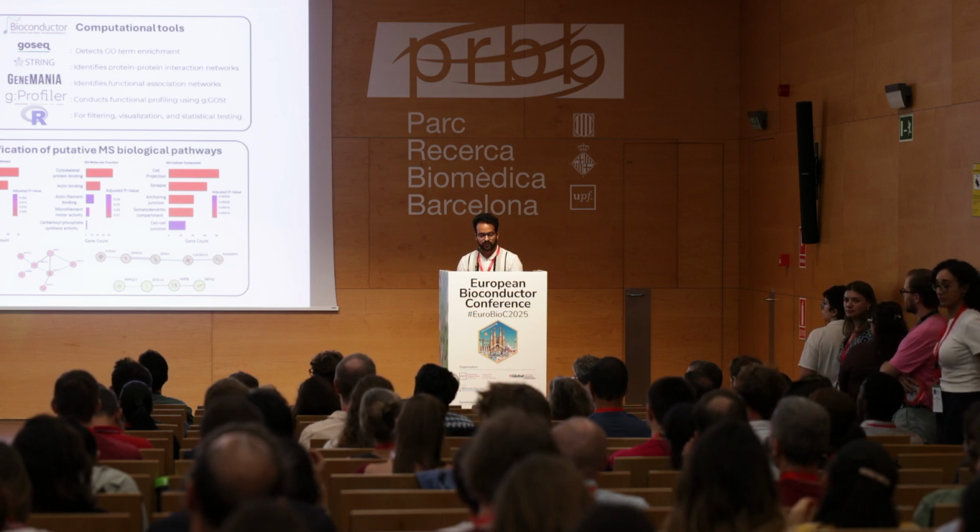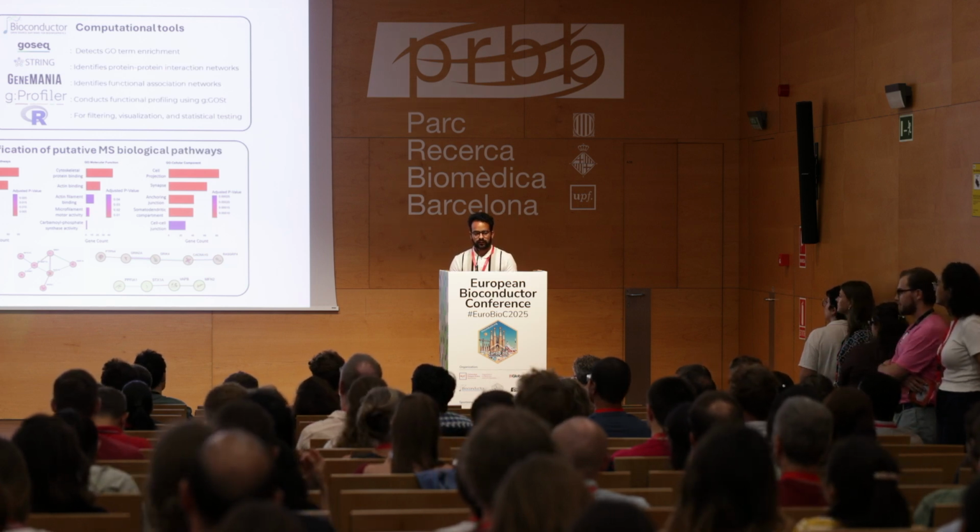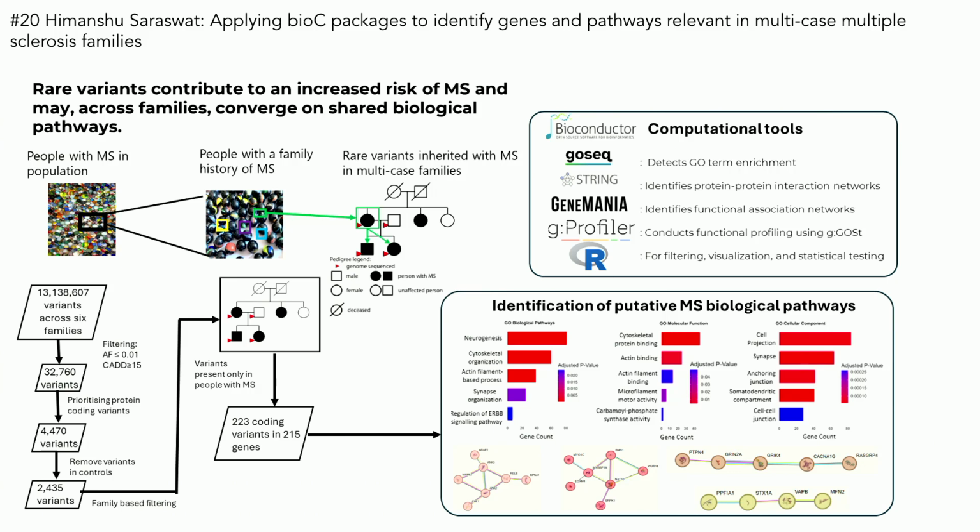Hi, everyone. Multiple sclerosis is a complex disease. So to identify the causes of MS, there have been a lot of GWASs, but they have found common variants, not the rare variants. To identify rare variants, we would need lots and lots of population. That is where the families come into play, as families have these rare variants which are exaggerated in the family through Mendelian inheritance. And I looked at 6 families in which I found 223 coding variants in around 215